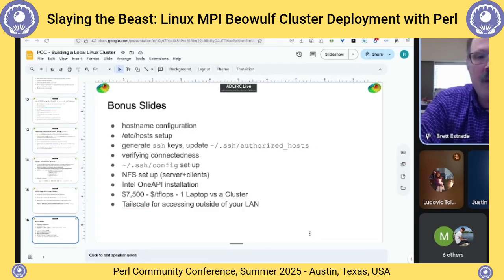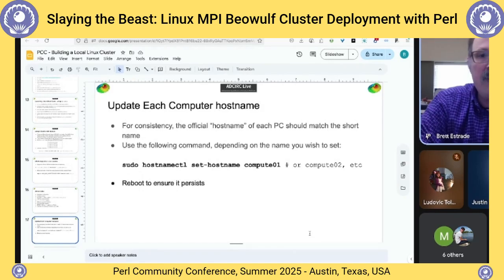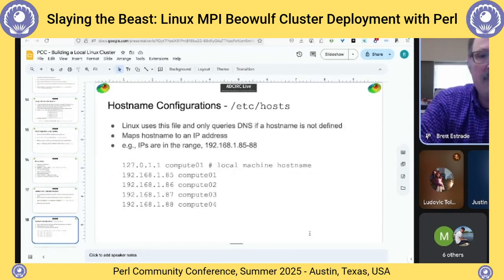Okay, I'm going to talk about some bonus slides. Let's see. Okay, that's hostname stuff. That's the hostname configuration. So I'm just talking about /etc/hosts. So what I did to set up networking was I named everything. Everything had a short name, so like compute 01, 02, 03. And then I used DHCP to assign an IP address, and then I set it up in